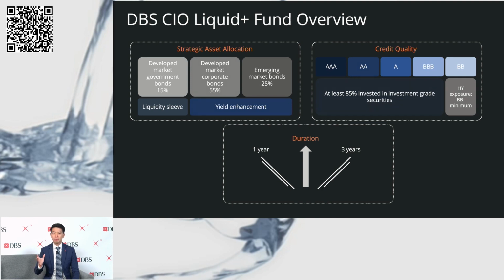Credit quality is something we also think about. We invest across the range of credit quality available in the market today, from AAA all the way down to the BBB in the investment grade space. There is some allocation to high yield, double Bs, but here we pick the best-in-class companies in the high yield segment, those that we think have the potential to move up higher and go into investment grade, which helps to deliver a little bit of additional return for our clients.